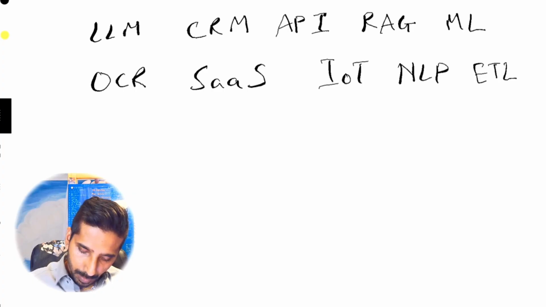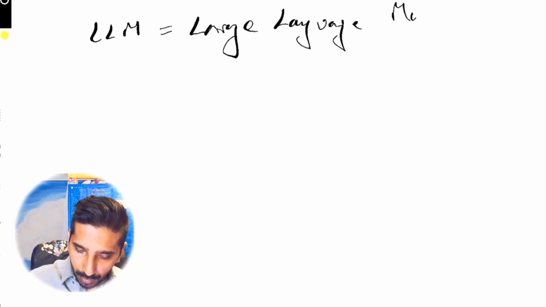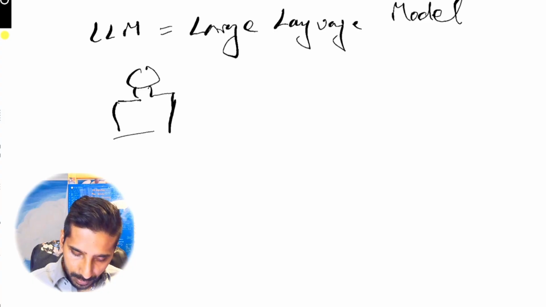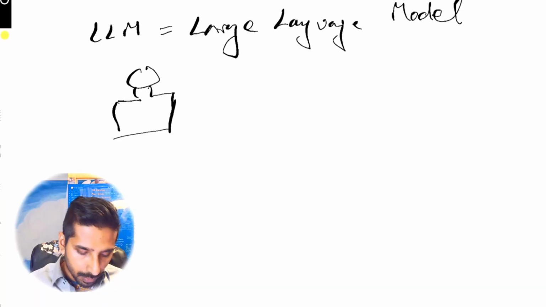Some of these terms you may be familiar with, so let's start with the most common one. An LLM equals large language model, essentially a super smart robot buddy, which will compute things for you. So it can speak like a human being, it can sound quite natural, it can write things for you, and it can also read. So imagine you run a solar panel business and you need to send a cool email